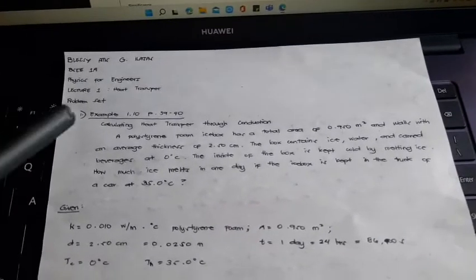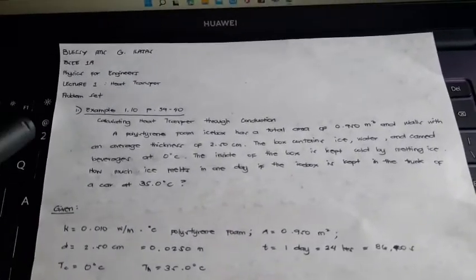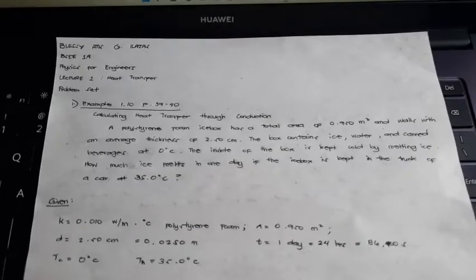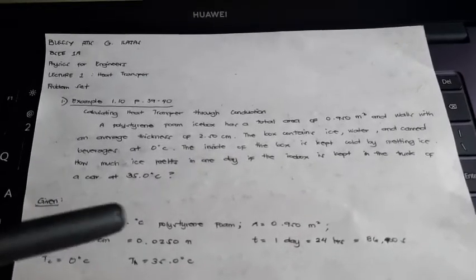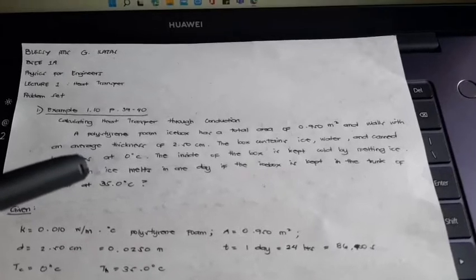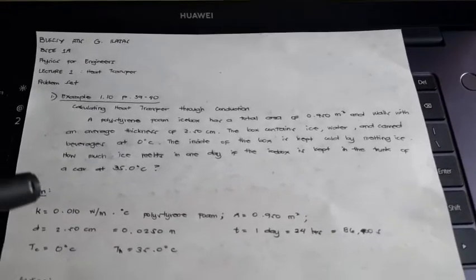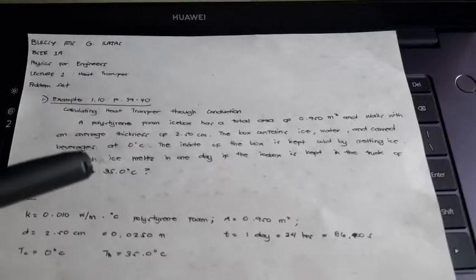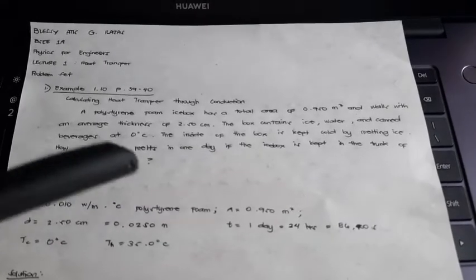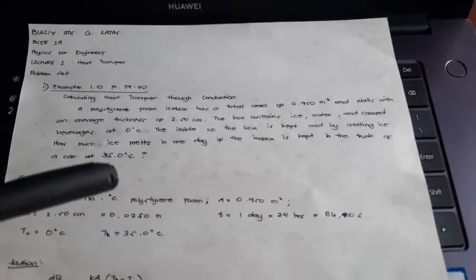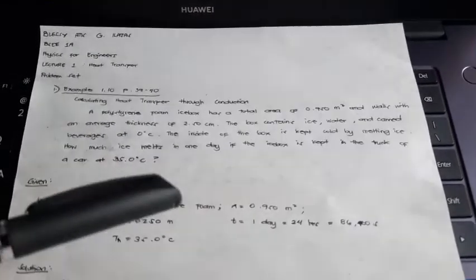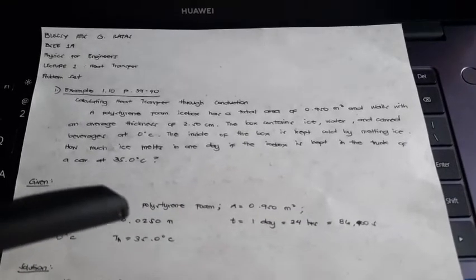Lecture 1, heat transfer, problem set number 1. Example 1.10 on pages 39 to 40. Calculating heat transfer through conduction. A polystyrene foam icebox has a total area of 0.950 meters squared and walls with an average thickness of 2.50 centimeters. The box contains ice, water, and canned beverages at 0 degrees Celsius. The inside of the box is kept cold by melting ice. How much ice melts in one day if the icebox is kept in the trunk of a car